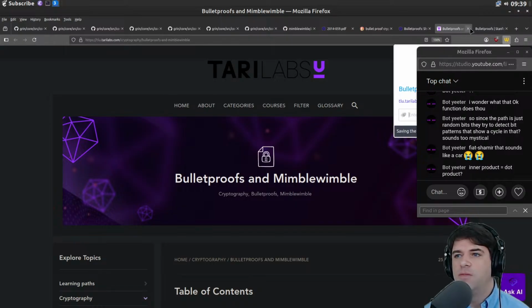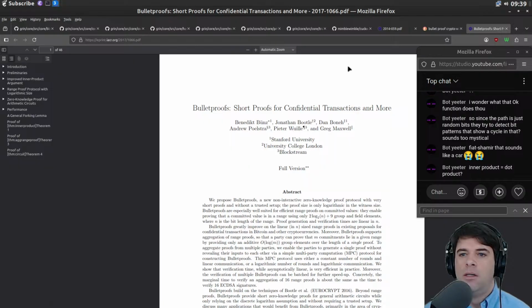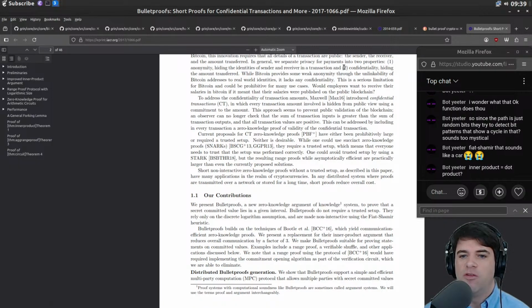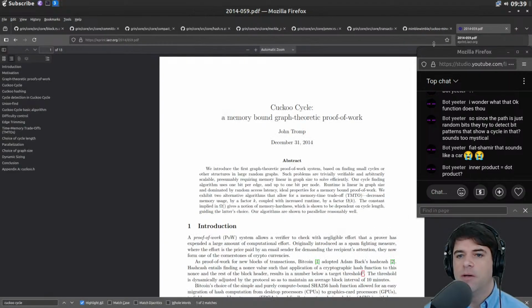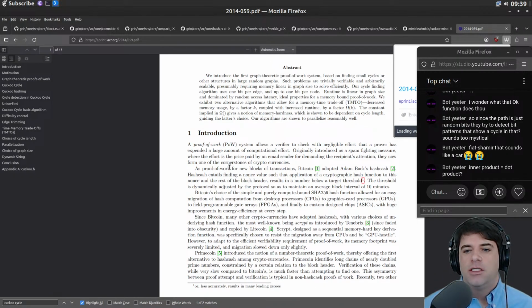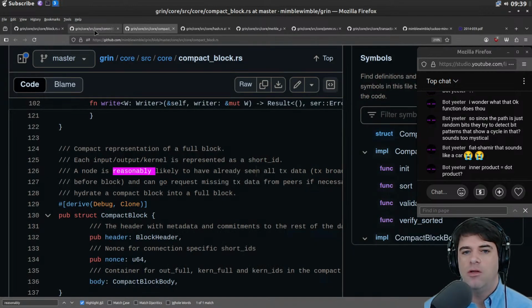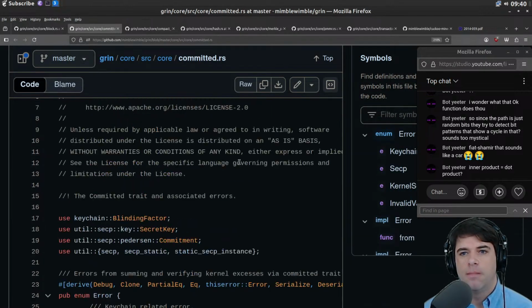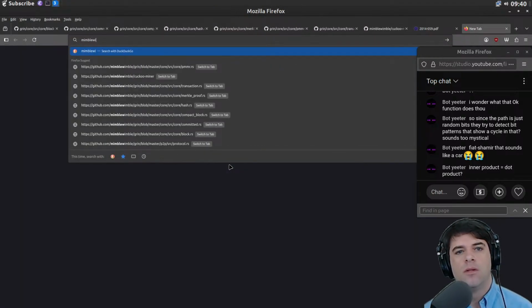Okay, so I'll read this Mimblewimble thing. I haven't read it beforehand. Here's the Bulletproof paper. I guess I'll read that too. This might all be the same paper. And then we have this Cuckoo Cycle thing. Okay, so we are using Bulletproofs, but that's different from, but what are we bulletproofing? And are we using both Bulletproofs and the Cuckoo thing? Do we need both?